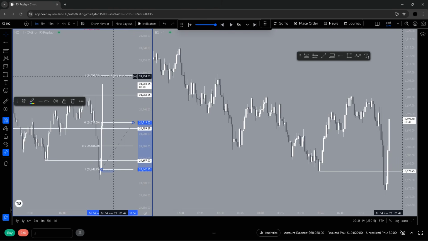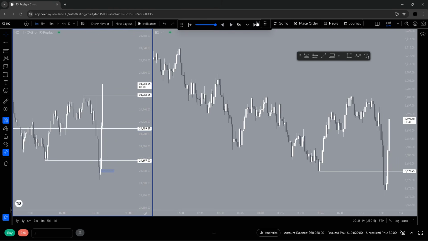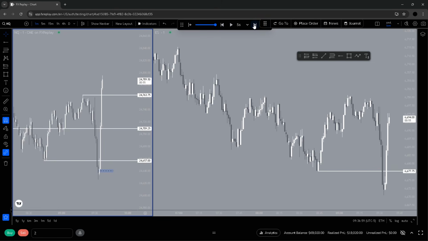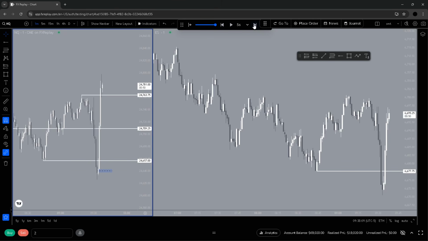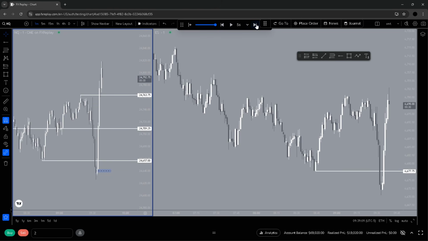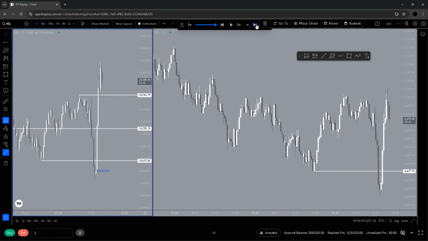That's running all day long. Right, so react to what happens at the high. We've got SMT. Okay, SMT again. That order block's failing, bro. It looks like it wants to go higher. I'd wait for ES to catch up, maybe. I'm still not SMT technically. That'd probably be my entry. So let's see. So rebalances still.